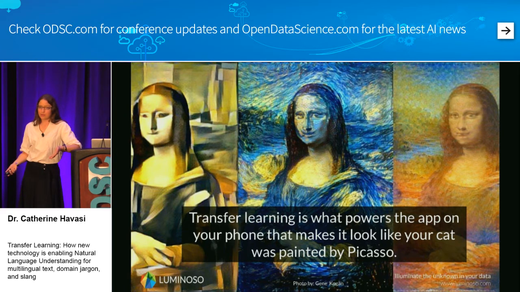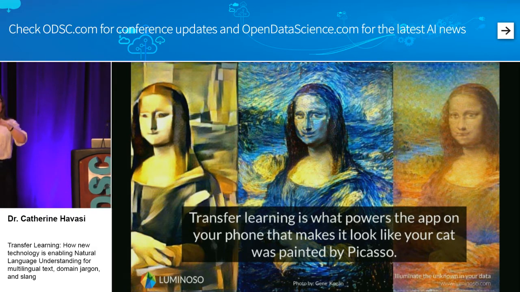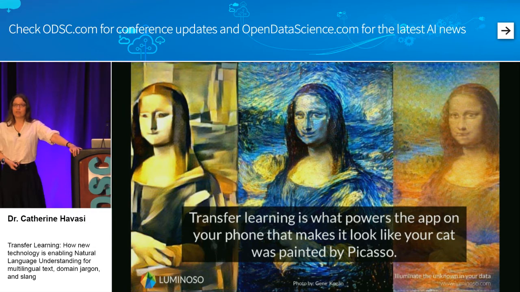So that's something called style transfer, which is really taking a picture that you've taken, understanding what it looks like, and transferring it into the domain of things that have been made by this other artist. And so that's a really good accessible example if I still confused you up until this point.